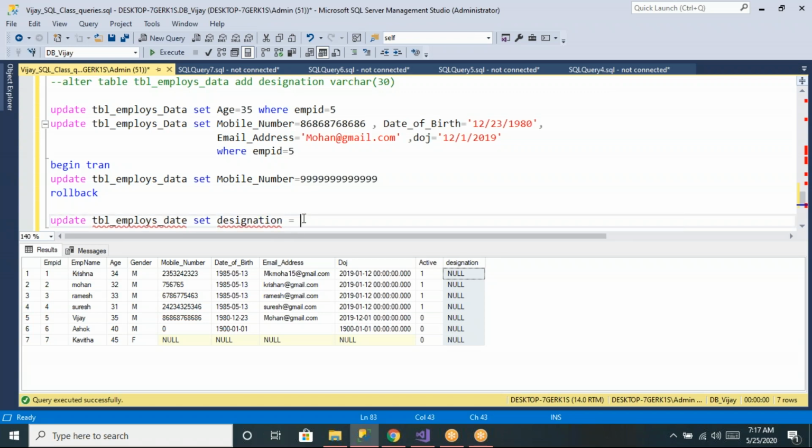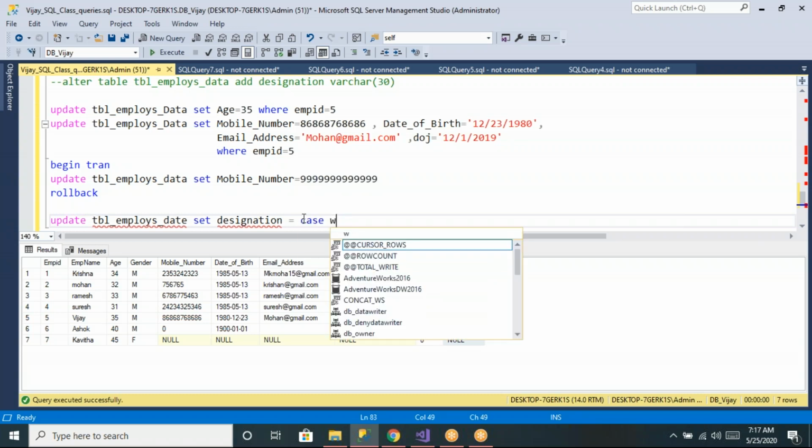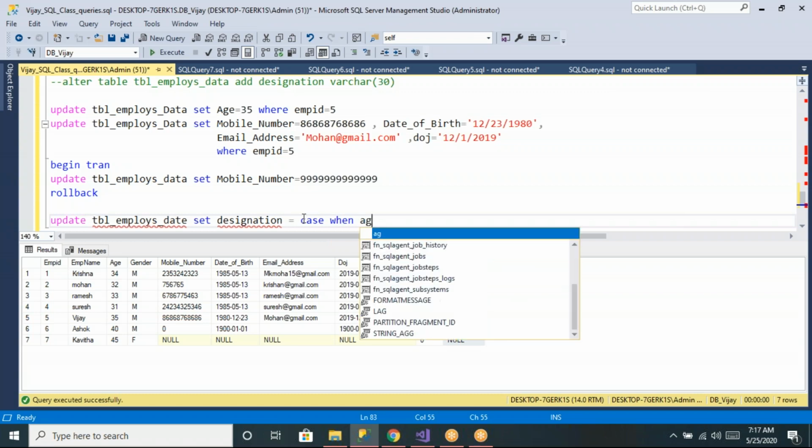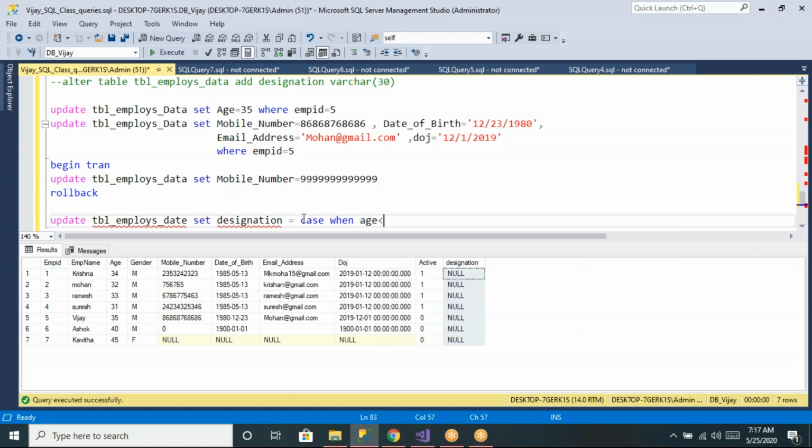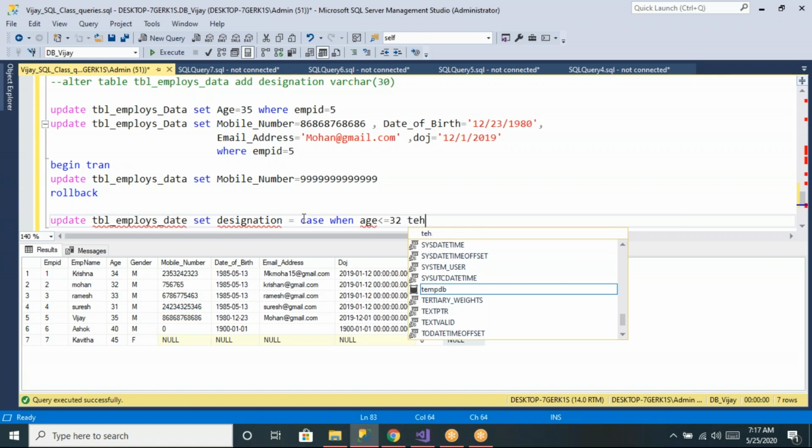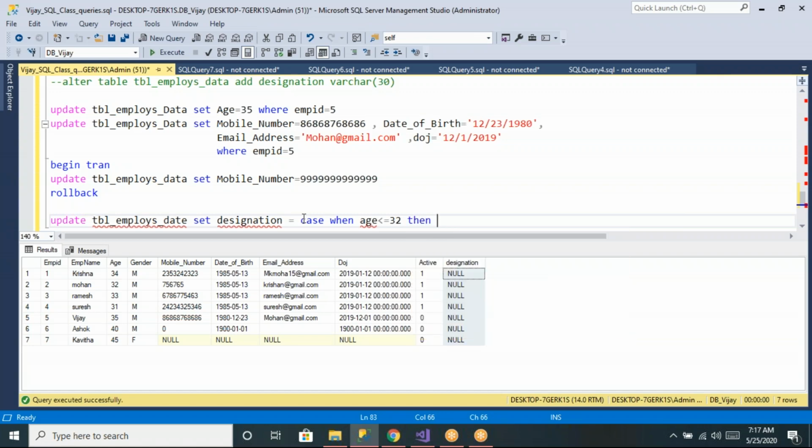Now by using some condition, let us say my condition is when my age value is less than or equal to 32, then I want to update the designation as something like senior software engineer.